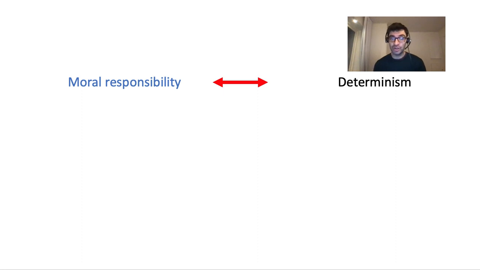So one thing you could do is invite the reader to imagine a world in which determinism is true, and then you could try to argue directly that this person in this deterministic world, where each one of her actions is an inevitable consequence of what happens earlier, doesn't have any moral responsibility for whatever she does. And that might convince some people, but someone who's already committed to compatibilism, someone who already thinks that determinism is compatible with moral responsibility, probably won't be very impressed by that argument. So Franklin's argument is more indirect.